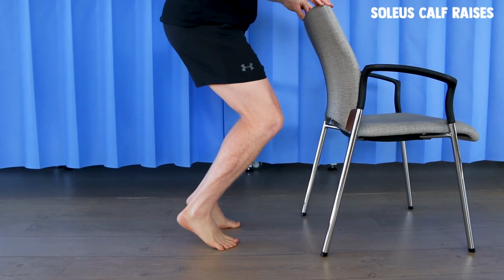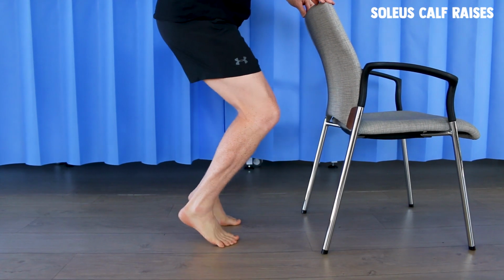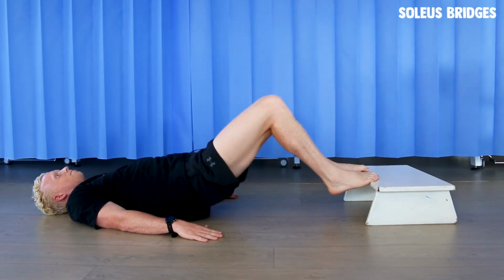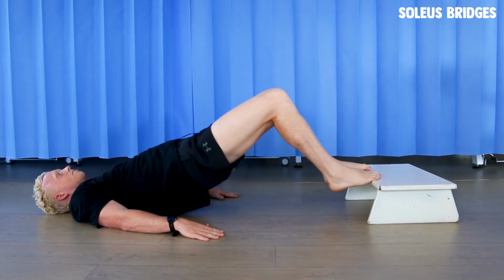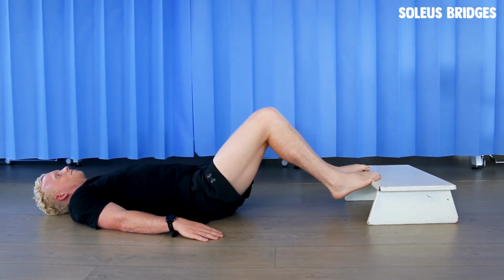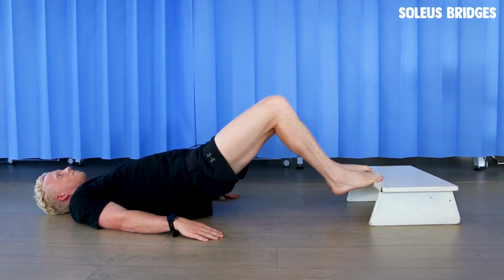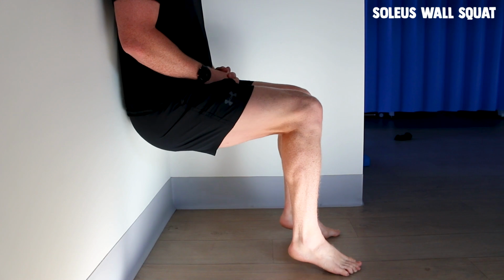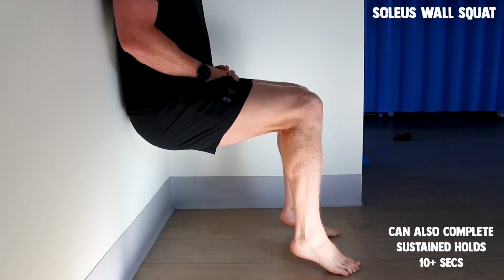Soleus calf raises are done by having your knees as far over your ankles and then lifting your heels up to do the calf raise. The Soleus bridge is a great lever lengthening exercise to challenge your posterior chain muscles. This also has a bias on your soleus. Soleus squat is a great isometric exercise to challenge both your soleus and quads, which help with force absorption when